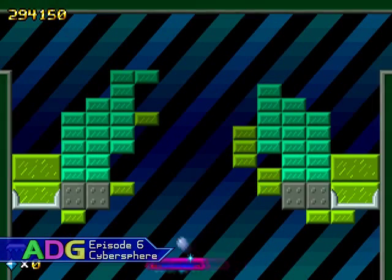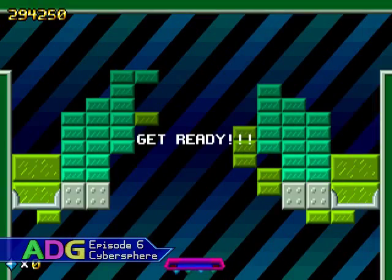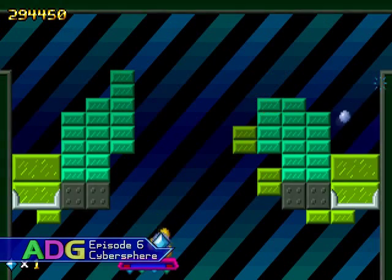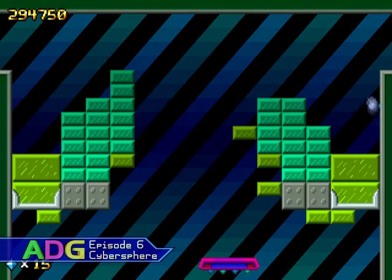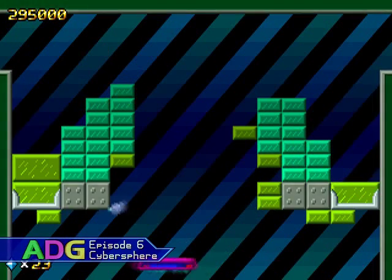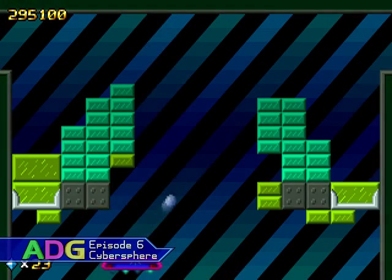Other than that, though, there's not really much wrong with this game. I suppose I should probably mention a couple tips, though, just for people who are going to be playing this game. For one thing, there's a little scenario that can end up happening sometimes where if there's walls really close to the bottom of the playing field at the edges of the screen and your ball gets trapped between that wall and your paddle, it may seem like it's impossible to get it out of there, but here's how you actually get out of that situation if it does happen, is just